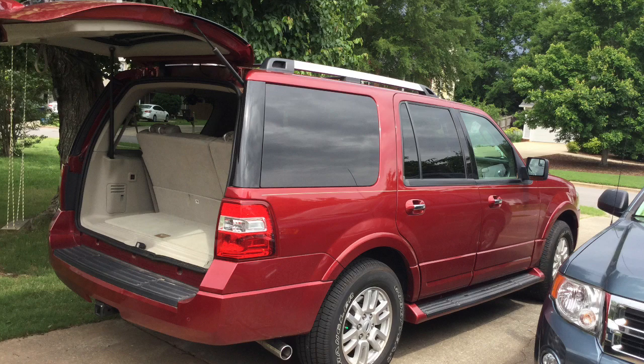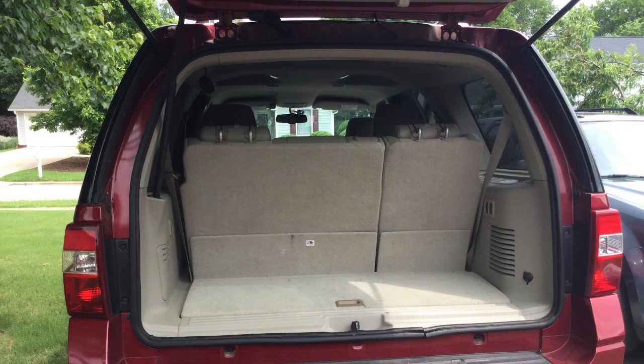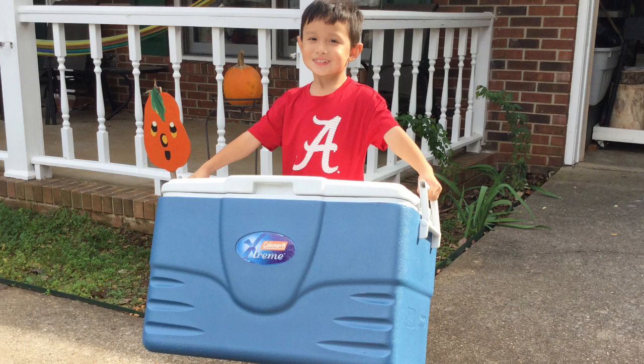2013 8-seater Ford Expedition. We plan to pack most of our camping gear in this 5x10 utility trailer, but we know that we've got to keep our food inside the car at all times. And since the car is not an XL, we have very little packing space when the third row seats are set up. And so I started thinking about how we were going to pack our food a couple of weeks